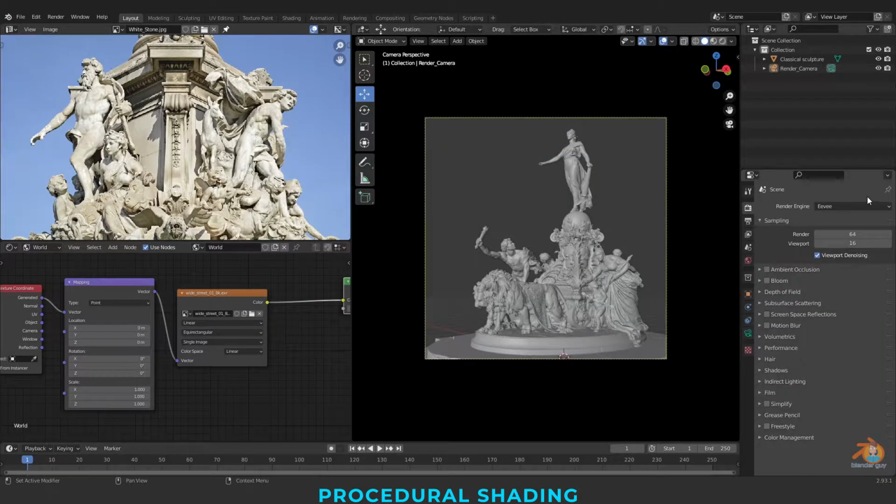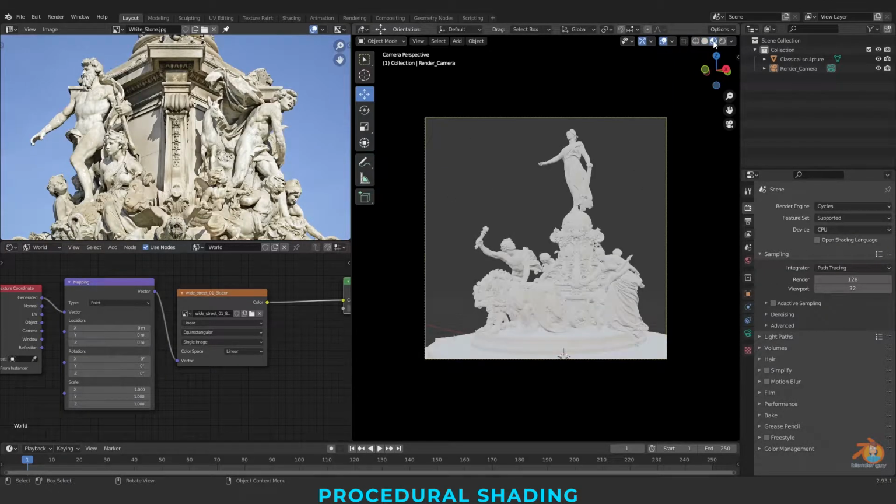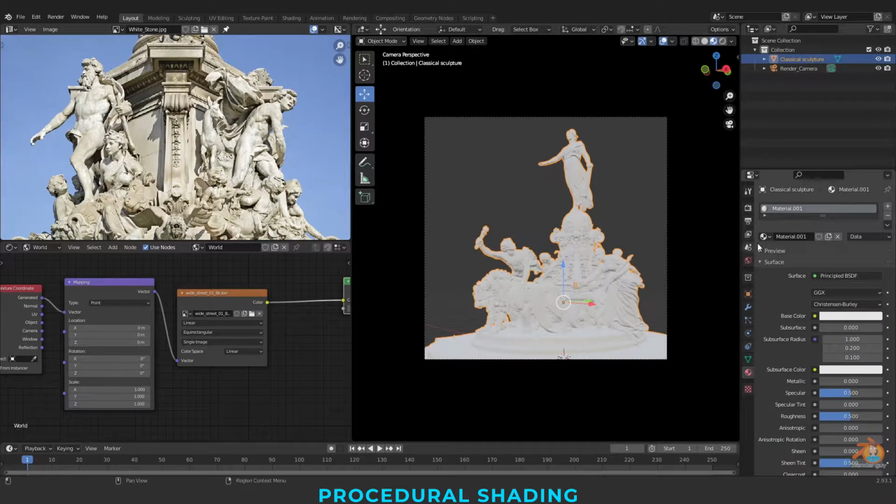So I'm switching back from EEVEE to Cycles. I'll be doing everything in Cycles. Let's check our HDRI, how it is working. For that, I'll be assigning a basic shader for this, with 18% gray.